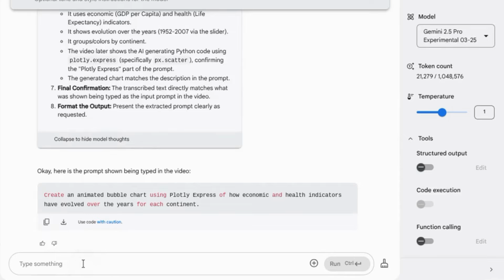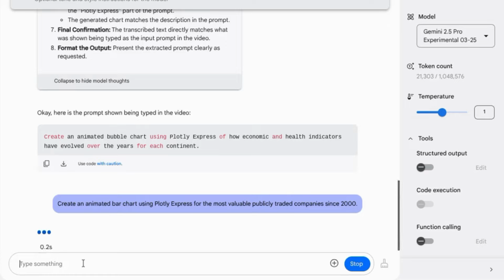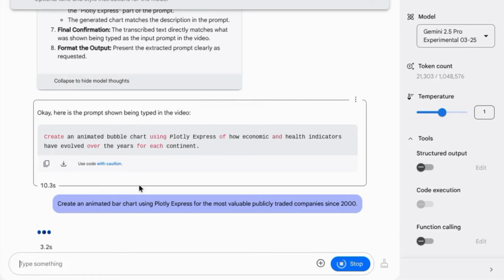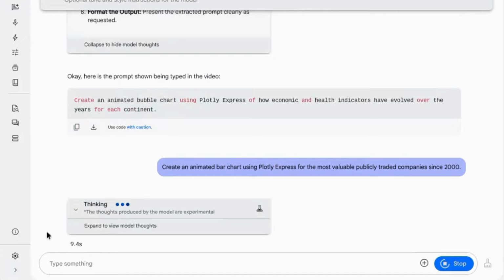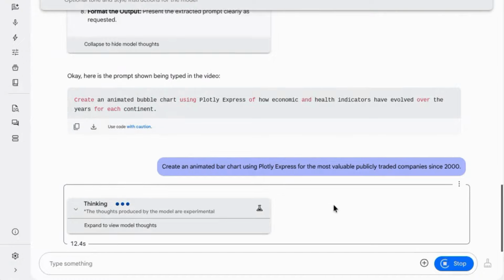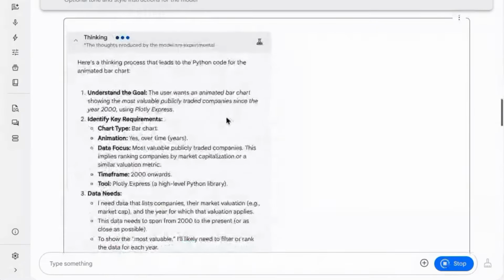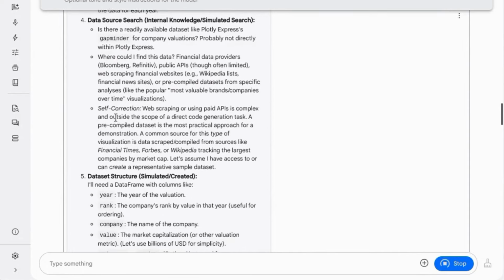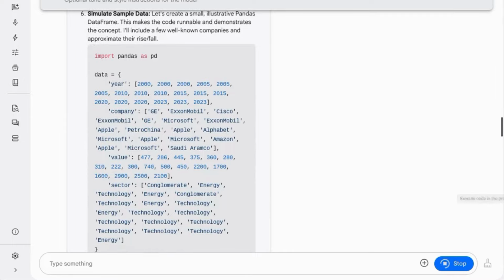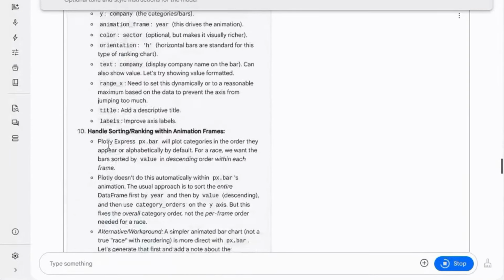Now, the next test we're going to run is a similar prompt shown in the video, but this time we're going to ask Gemini 2.5 Pro to create an animated chart using Plotly Express for the most valuable publicly traded companies since 2000. And if we expand the thinking, we can see what's happening. It understands the goal, identifies the key elements, looks at the data, searches for the data, and I didn't even enable grounding with Google search, but it goes ahead to create the code that we need in order to create